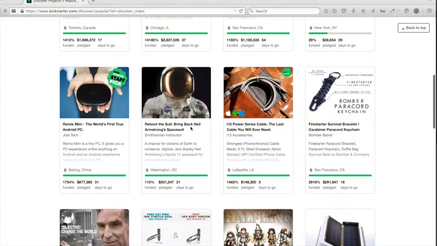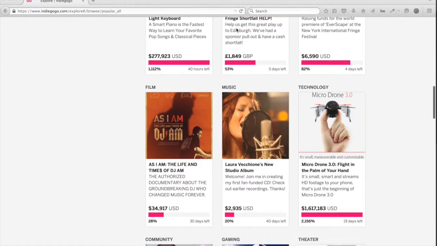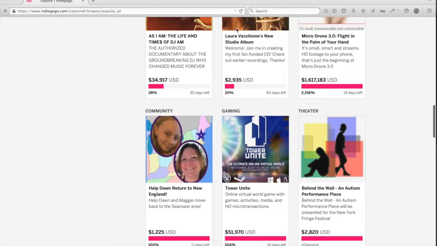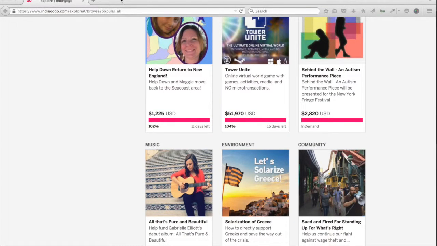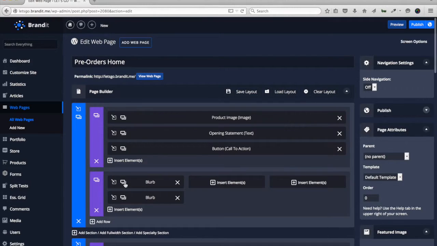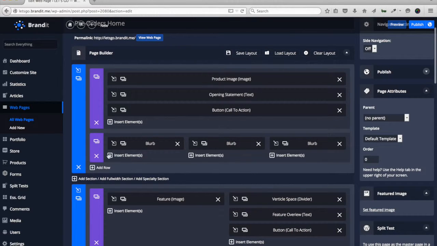Every day, thousands of designers, entrepreneurs, and inventors are getting funded to create amazing products on platforms like Kickstarter and Indiegogo. But once these products get funded, we realize that there really isn't a platform that's specifically designed to bring a new product to the market. We believe that Brandit is the perfect tool for creating beautiful websites that launch, test, and sell your products and services, but we don't want to stop there.